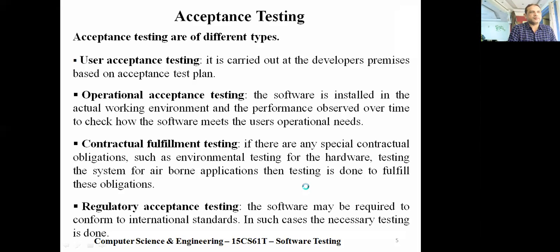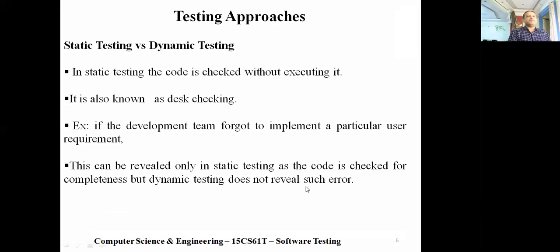Yes, fine. Next we're going to discuss the different approaches. The first one is static versus dynamic testing. As you know, can somebody tell me what is static testing? Manual testing. Yeah, testing the program manually without executing it. The important thing is without executing. We call that static testing. Then what is dynamic testing? Testing by executing the code, sir. When you execute the program and test it, we call that dynamic testing.